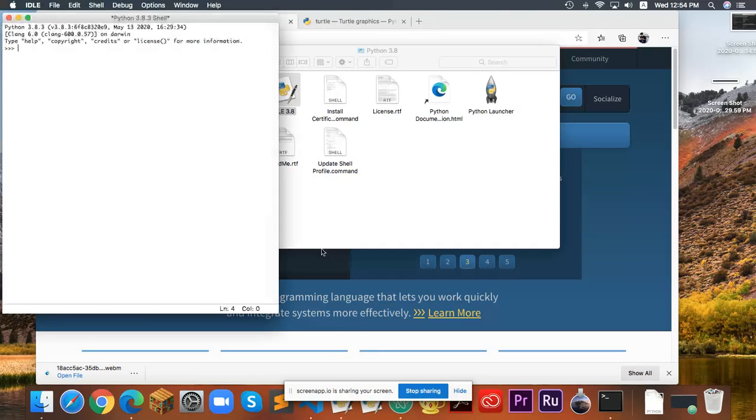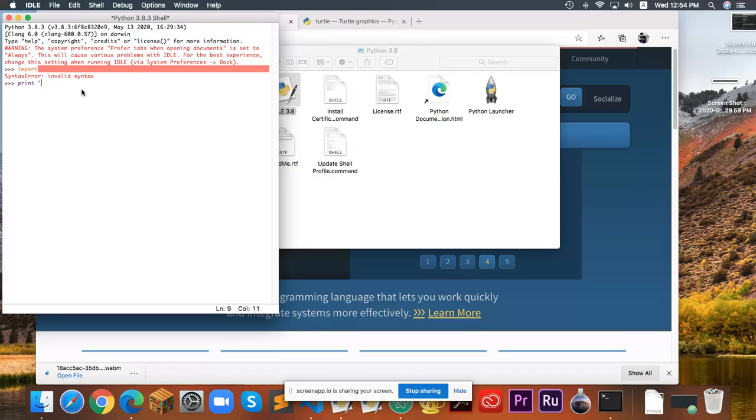Literally everything works on this. Like if you want to import something, or do some simple fun stuff like "hello everyone," something like that, then you can use